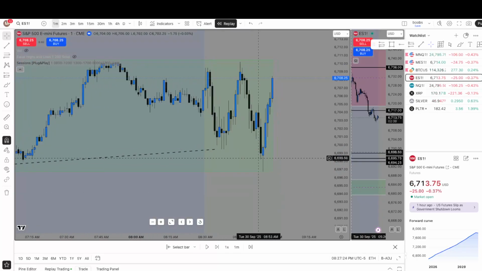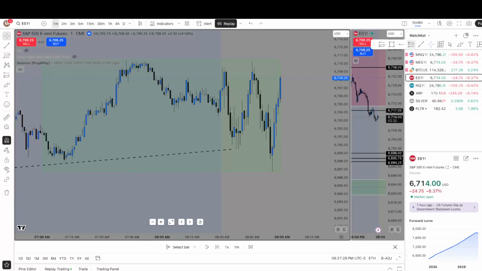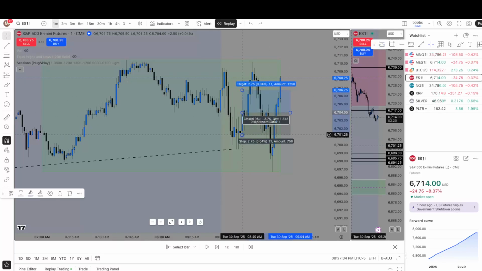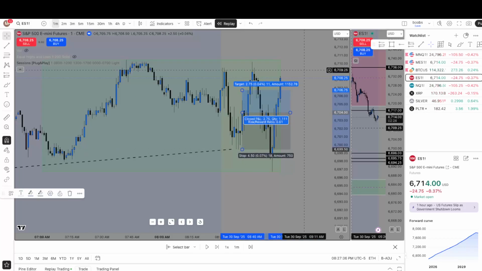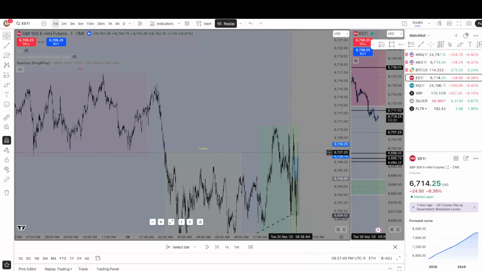I'm waiting for a 1 minute break of structure, which is right up around here. I entered in on ES, and I entered in on S&P because it was the lead pair. We get that break of structure right here. I put my stops down here, and I'm targeting those Asian session highs. Well, either highs up here for a 1 to 4.